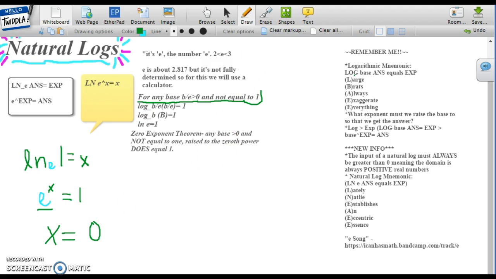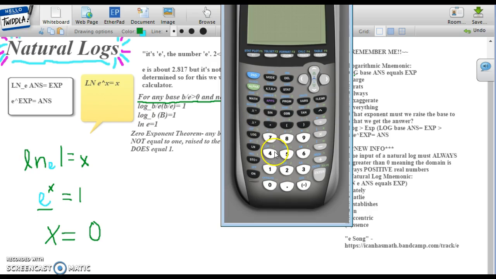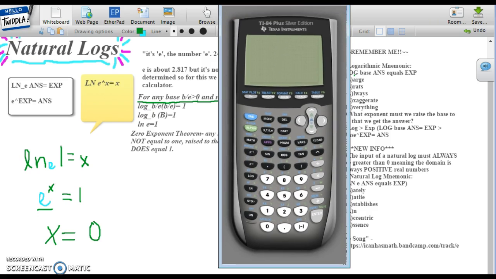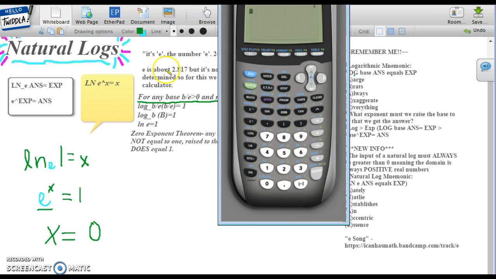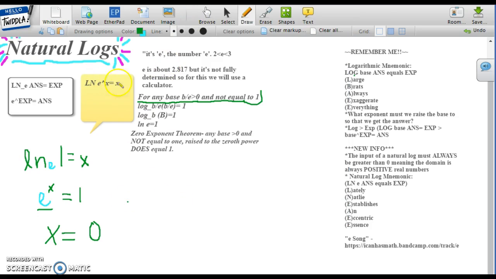This one doesn't really need a calculator, but to save face, we can do it. Second, e to the 0 power will give us 1. So, pretty simple. You can also do one that doesn't apply to the zero exponent theorem, such as,